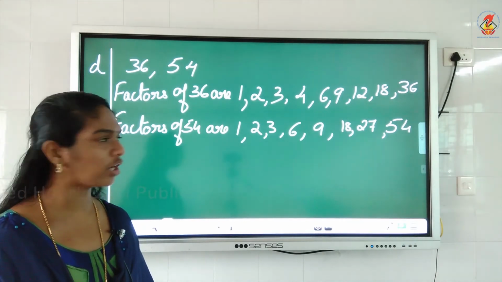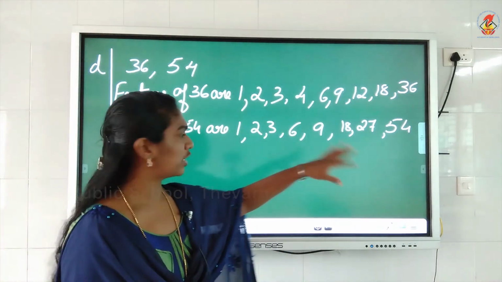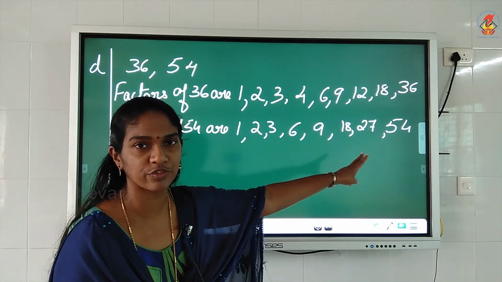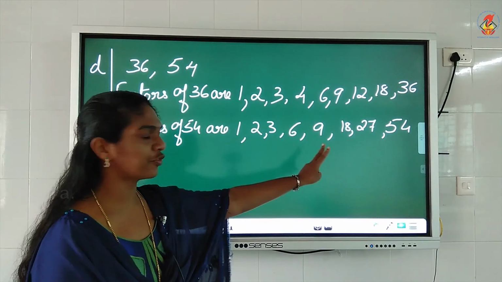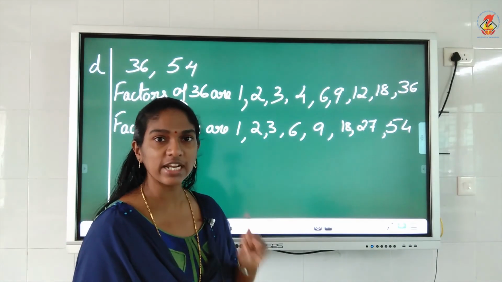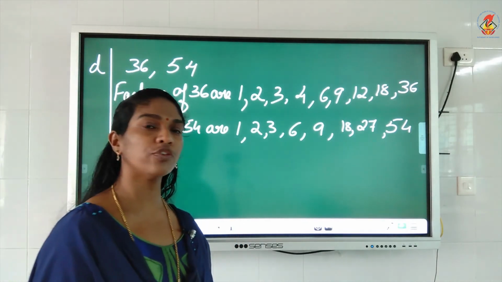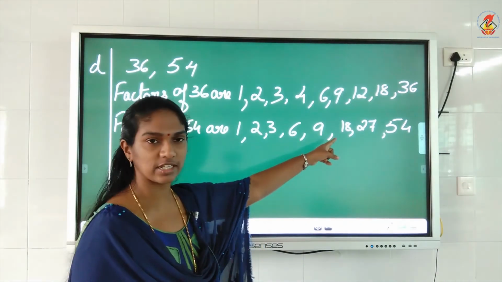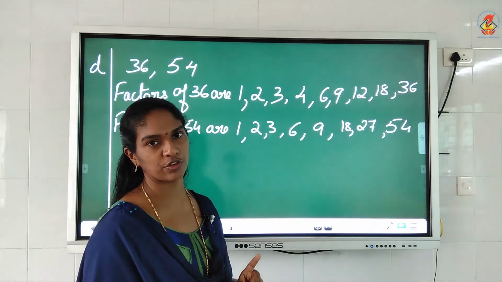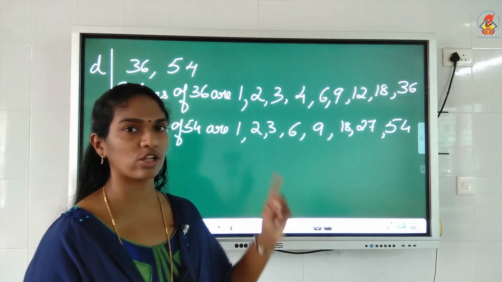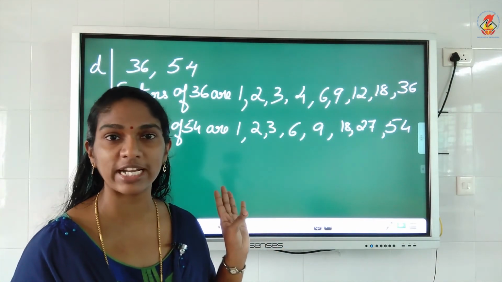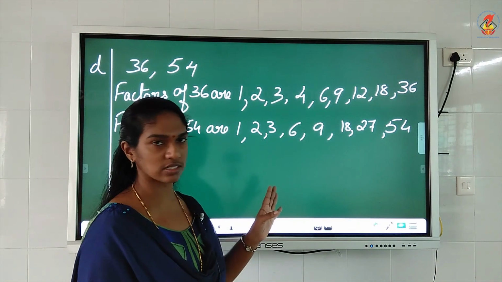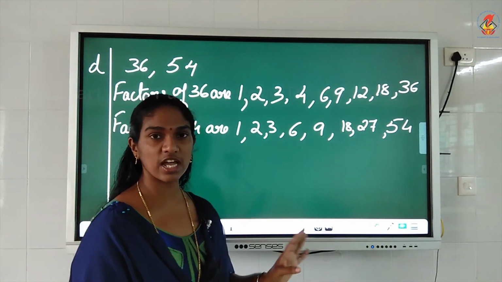So understood how we have got 1 into 54. Then 54 is an even number, so I divided 54 with 2. I got 2 into 27, 54. Then 54, when I added the digits, I got 9. 9 is there in 3's table. So 54 is also divisible by 3. So when I divided 54 with 3, I got 18. So 3 into 18 is 54. Then coming to 4's table, that also we divided and found out we did not get remainder 0. So it is not divisible by 4. Then 5's table, obviously it is not there. 6's table, we know 6 9s are 54.